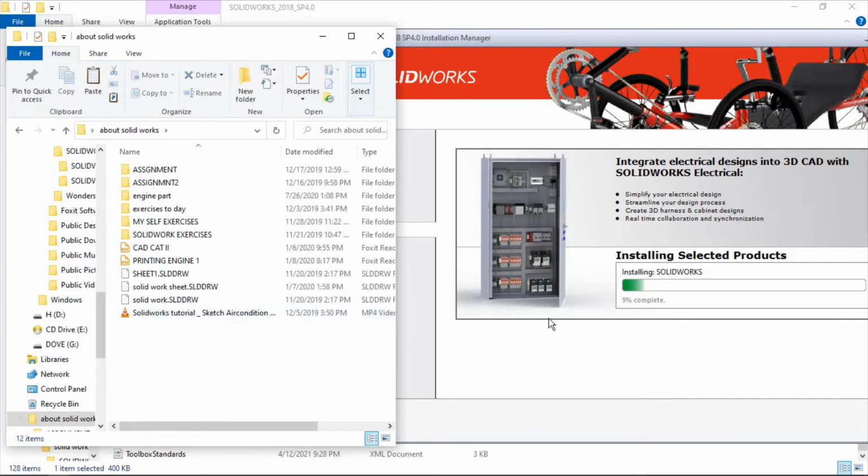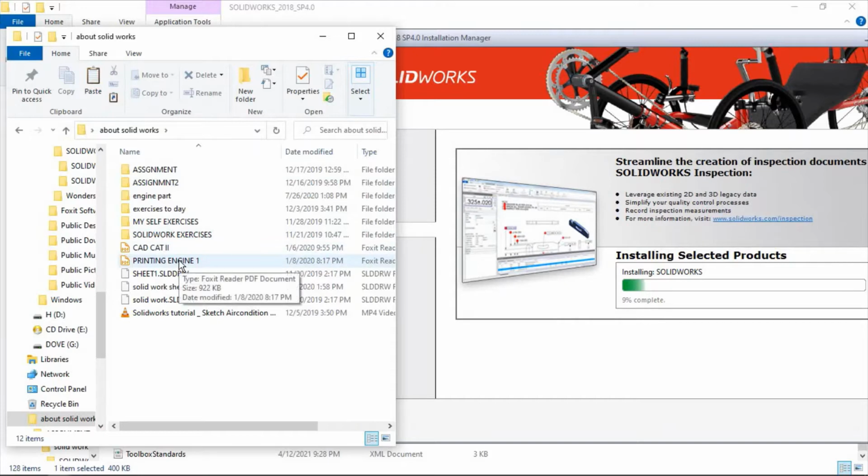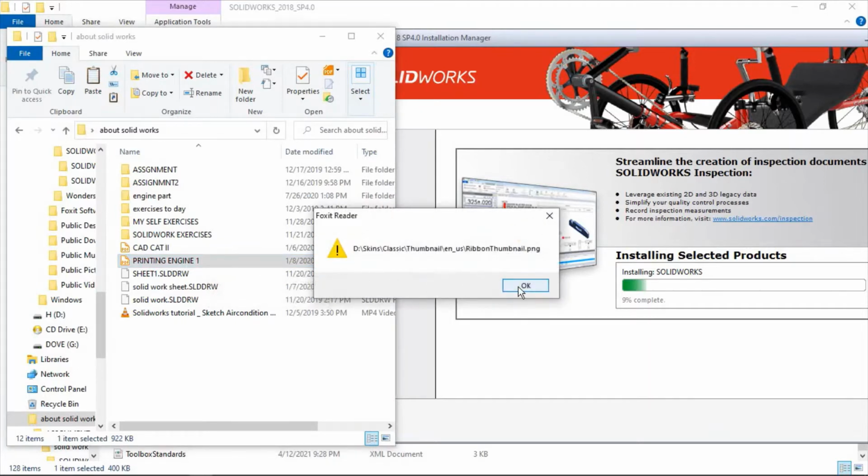Also, while continuing the installation, here are some of the parts designed by SolidWorks. Here, as you see, if you click here, you can see some of the work done by SolidWorks. Waiting for the work to be opened. As you see, the machine is not running so fast because of the